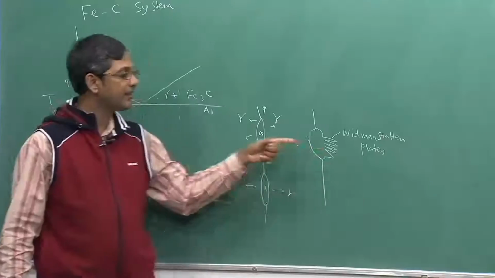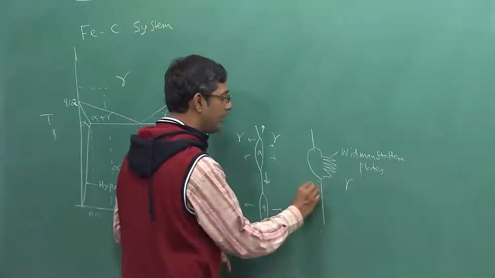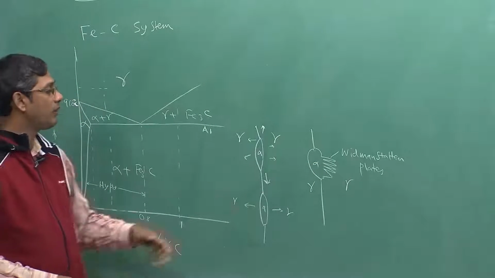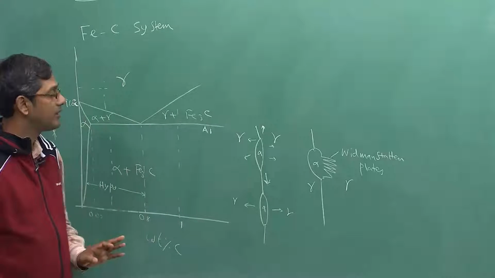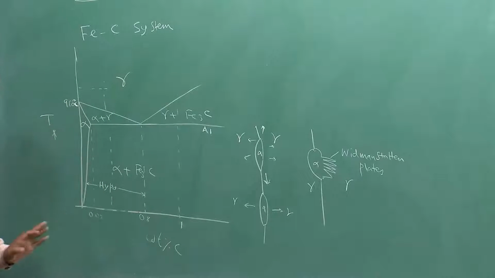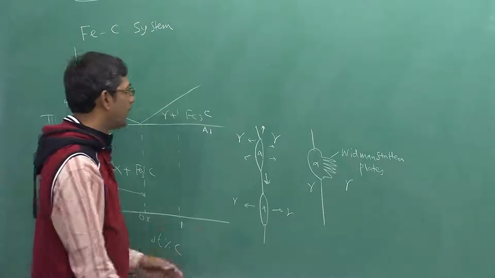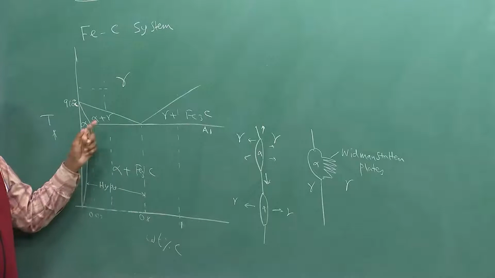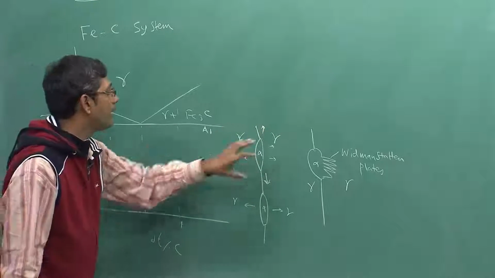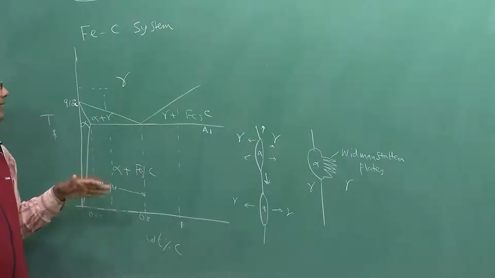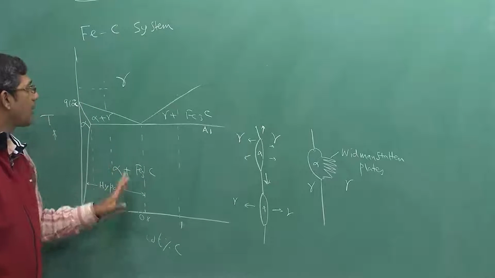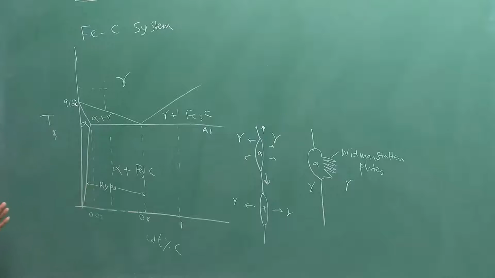They can grow inside the grain of gamma very easily, and predominantly this morphology is observed in the steel samples for the hypoeutectoid steel. So, that is about the alpha. Once the alpha forms, alpha will reject carbon, so the remaining gamma will be enriched in carbon. Once this gamma has a carbon concentration of 0.8 and the temperature reaches below A1, the gamma will transform to pearlite. So, that is how the whole transformation of the hypoeutectoid steel will happen.